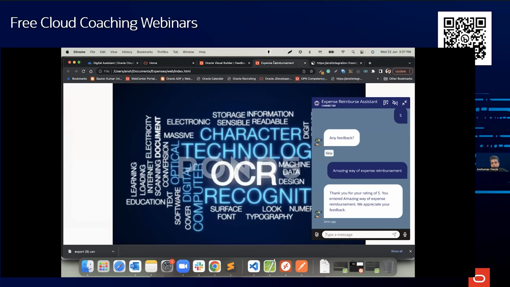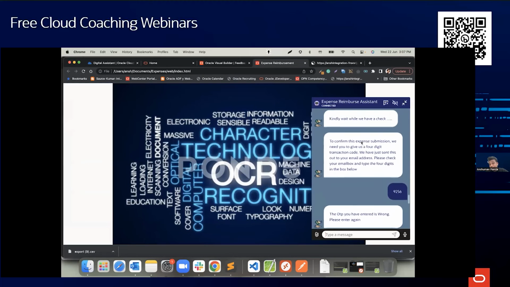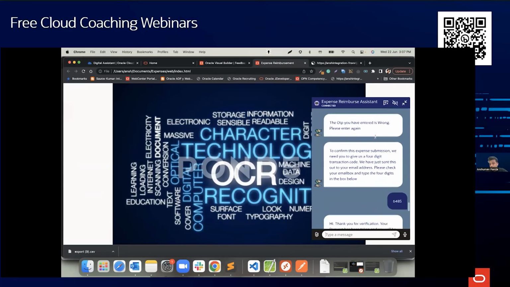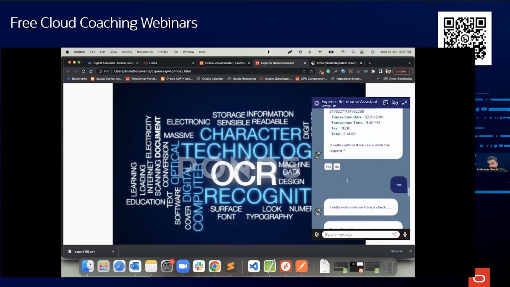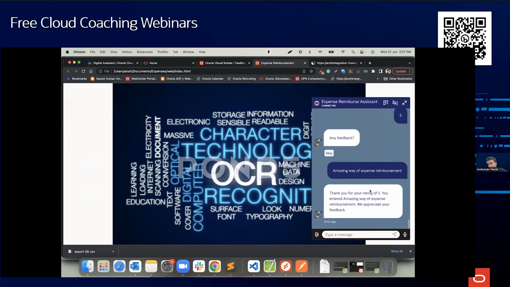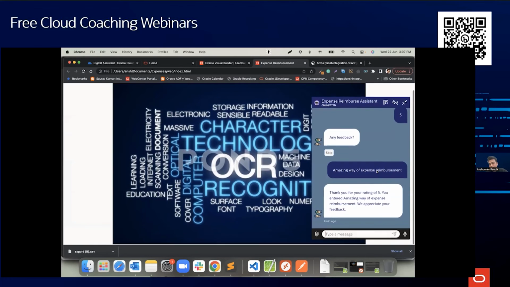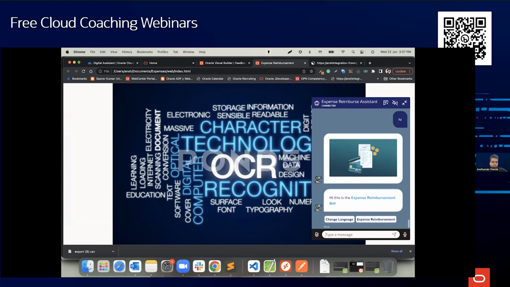Now, if I come back to the bot, we had the integration with AI services for the OCR part where we were reading the receipts. We had integration with the backend where we were storing the feedbacks. Not only this, we also have a new service provided by AI services over here where we can check sentiments. So for example, if I say hi to the bot and come back to the menu, but if I want to check sentiments,